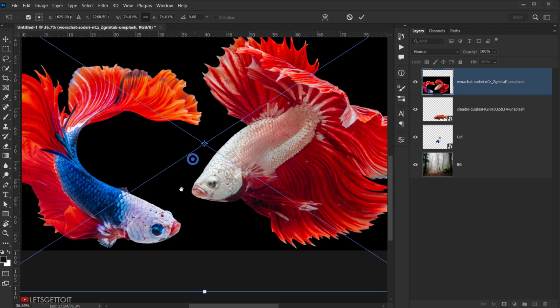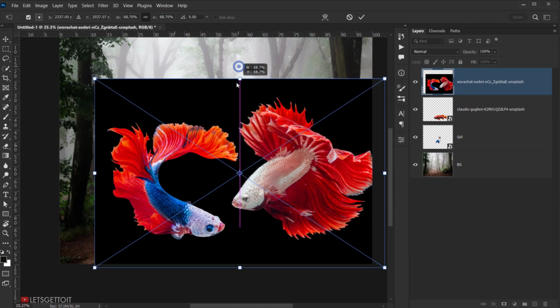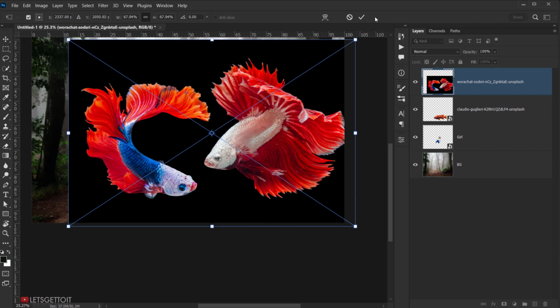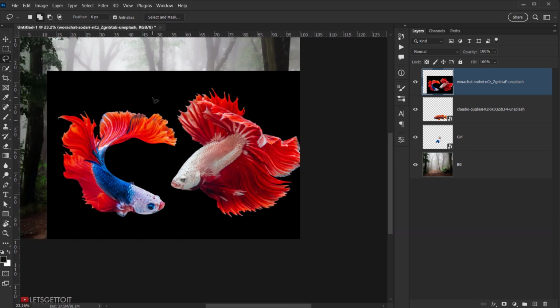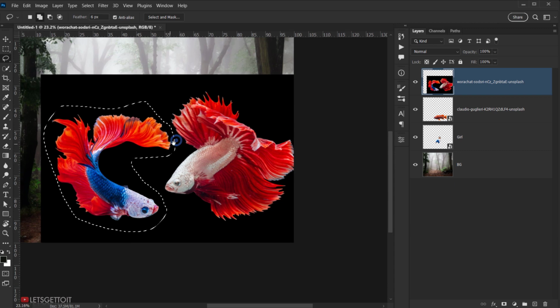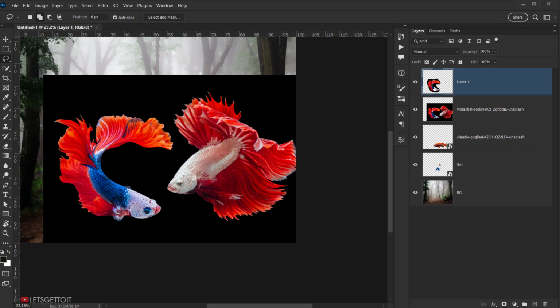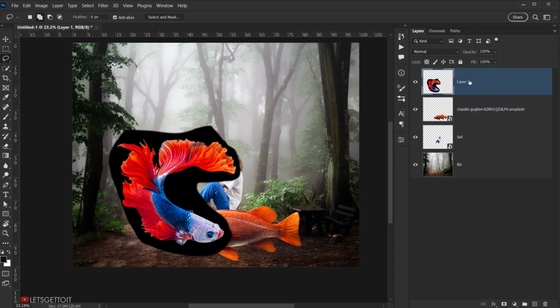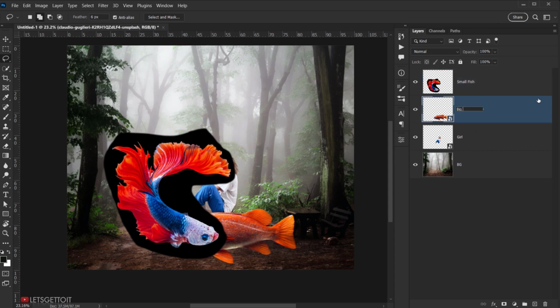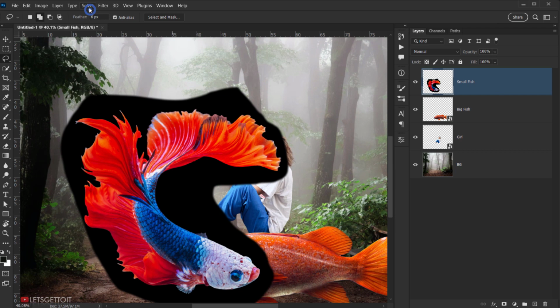in here. And for this one I only want this fish in here, so I will want to click on this check mark, and then I will use my lasso tool and I will select this one only. Alright, and then I'm gonna press Ctrl Command J, and this will create it in a new layer. And let's delete this and select this layer, and then we'll call it small fish, and let's call this big fish, and let's select the small fish, and then I will go to select and choose